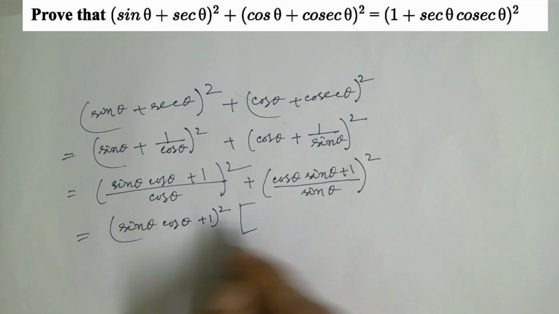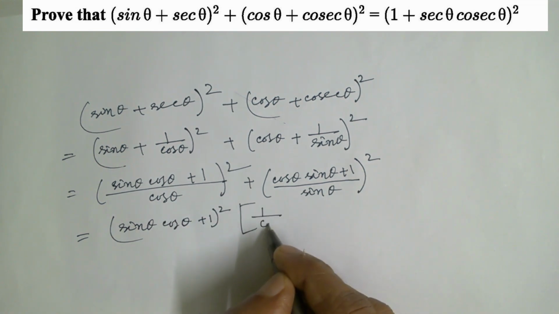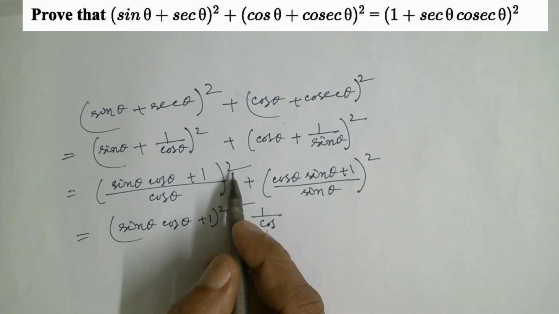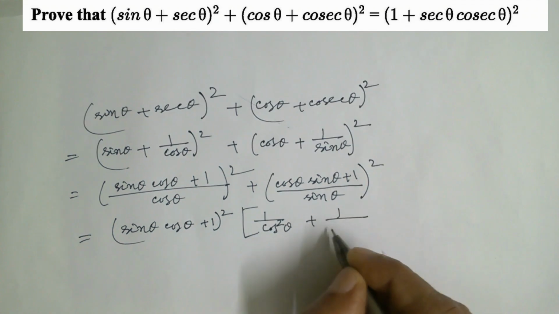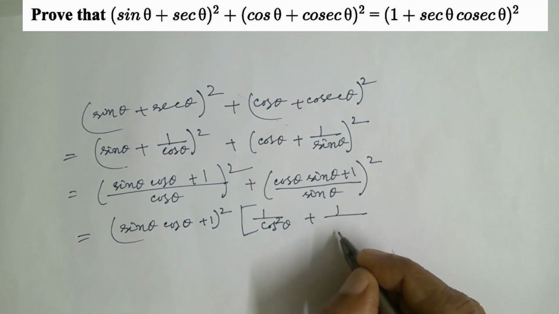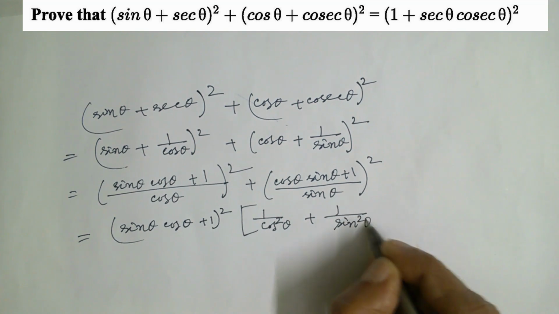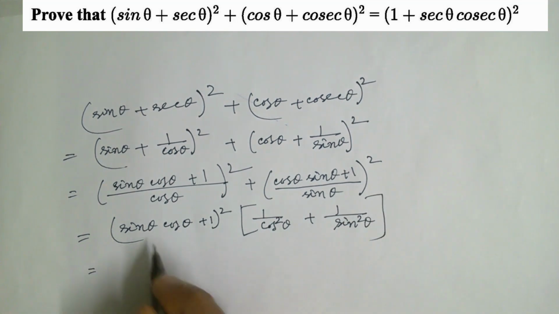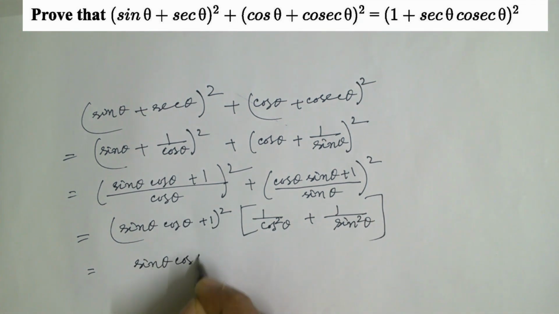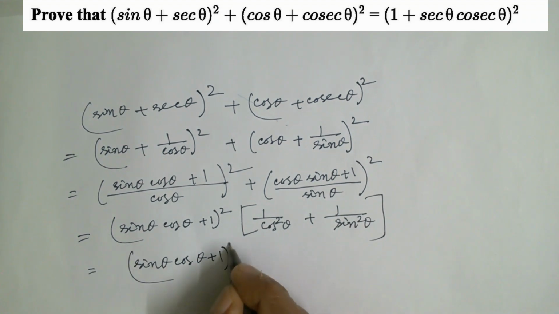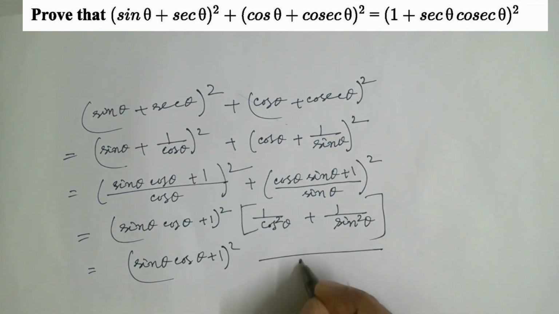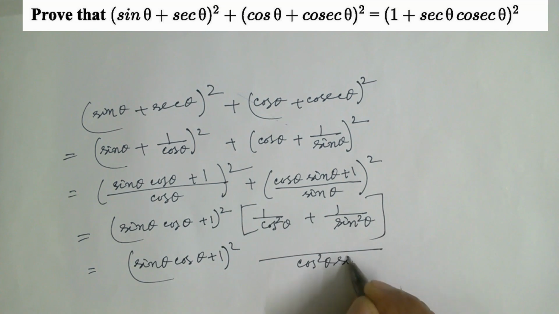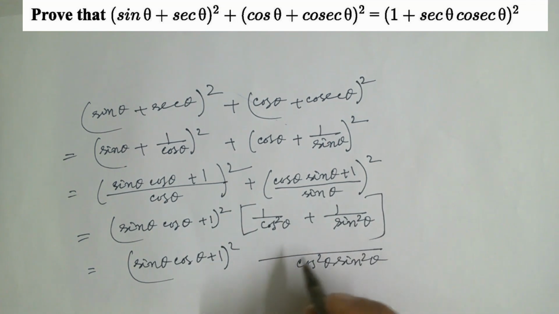Here it will be remaining 1 by cos square theta, as that is square here. So 1 by cos square theta plus 1 by, similarly, now this term as it is now, that of square. Now simplify this. LCM is cos square theta sin square theta. After adding this,